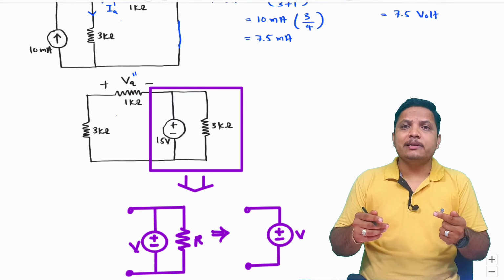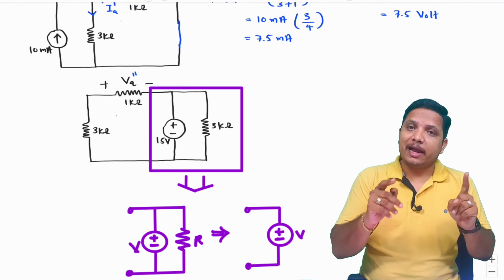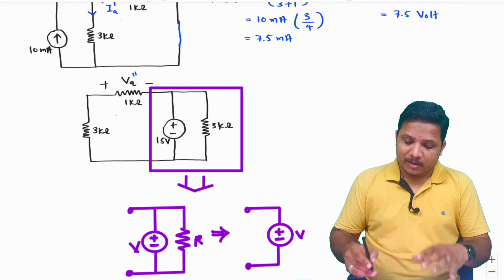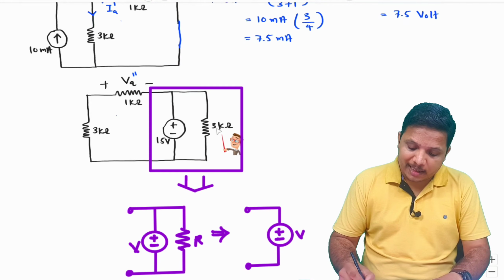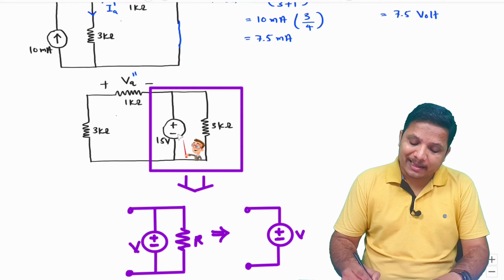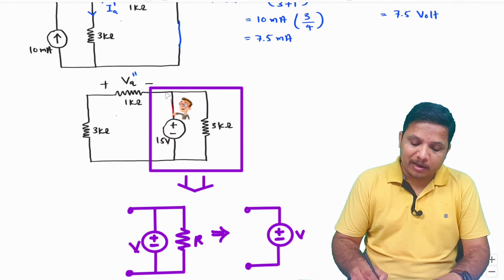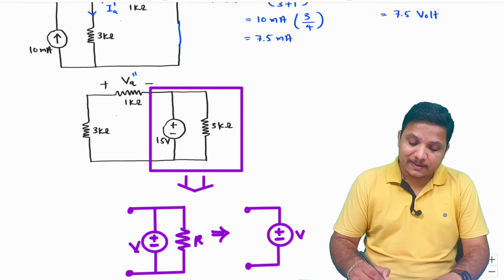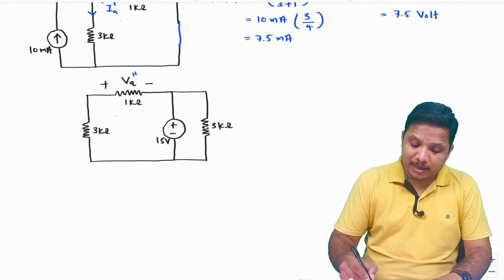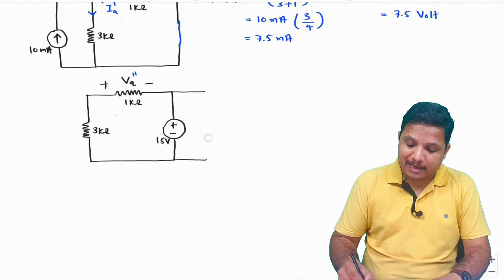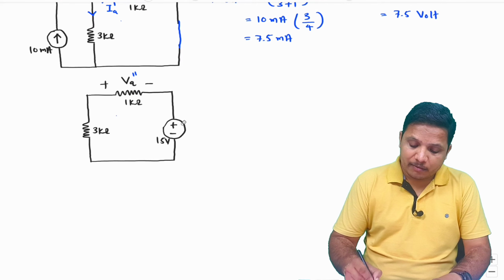Why? The reason is it will not affect the entire rest of the network. So you see, this 3 kilo ohm resistor you can neglect here, as it will not affect this side of the circuit. So I'll be neglecting this, as it is in parallel with the voltage